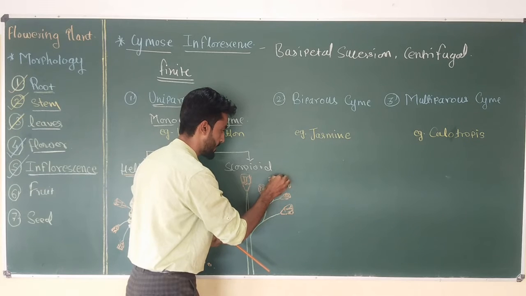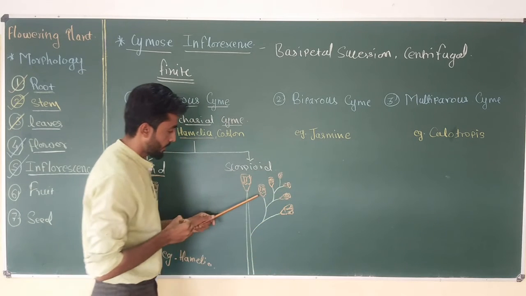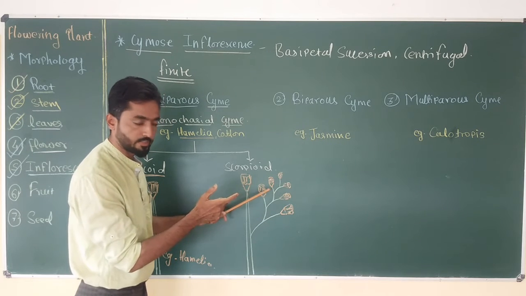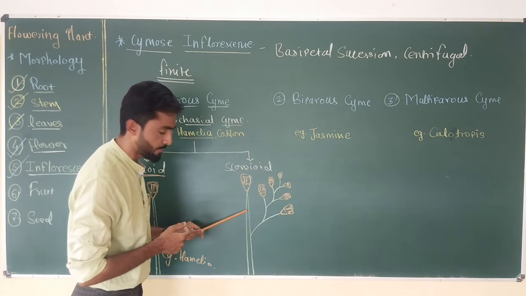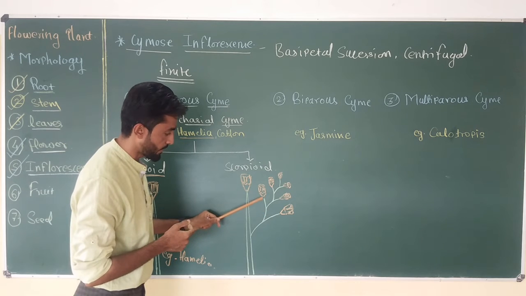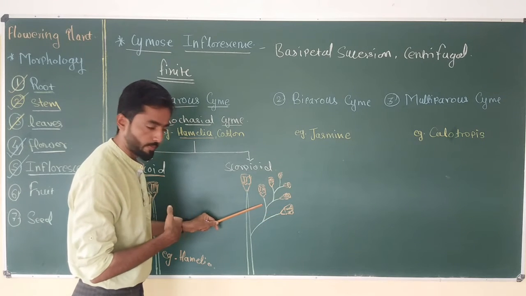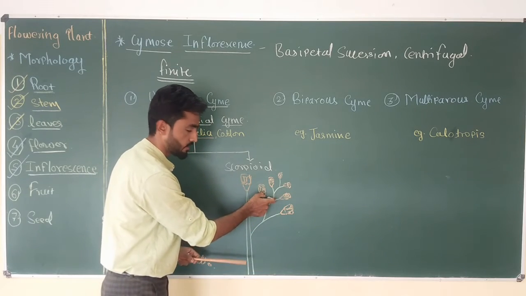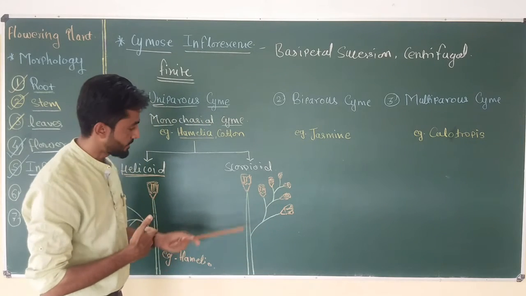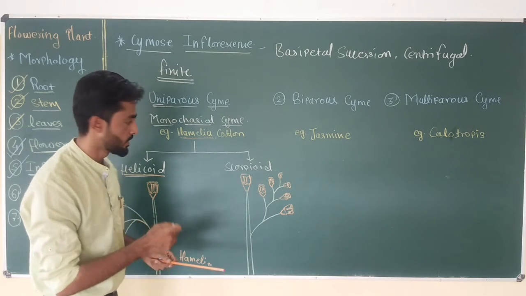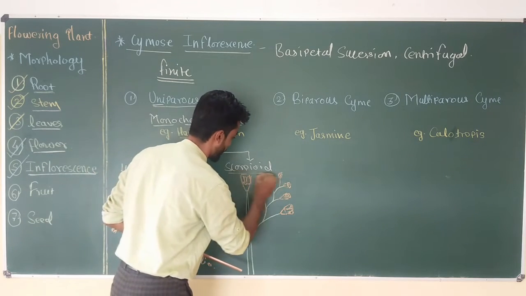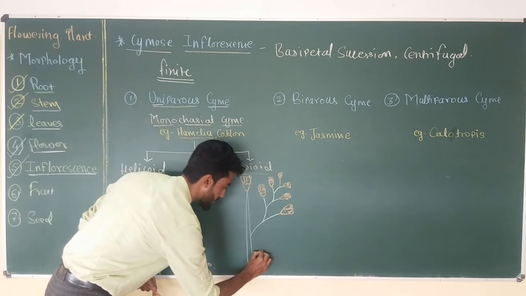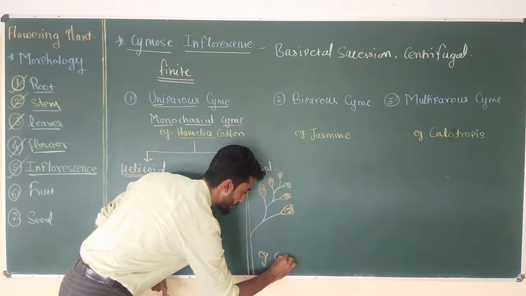Only difference is that all branches arise in zigzag or alternate fashion. First branch arises on the right side of the primary axis or peduncle. Now the second branch arises on the left of the primary branch. Tertiary branch arises on the right of the secondary branch, and the pattern goes on. And this type of arrangement is a zigzag fashion, which is nothing but the scorpioid type of inflorescence. An example in which this type of arrangement is found is cotton plant.